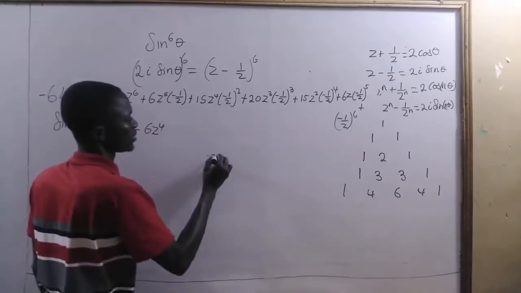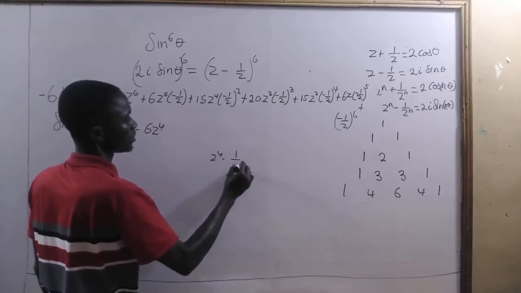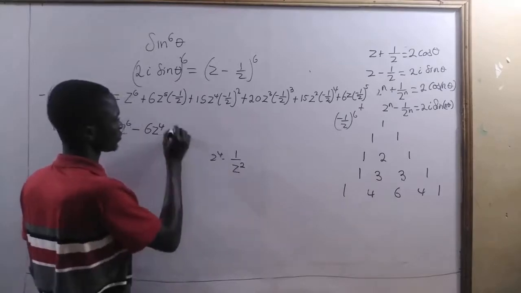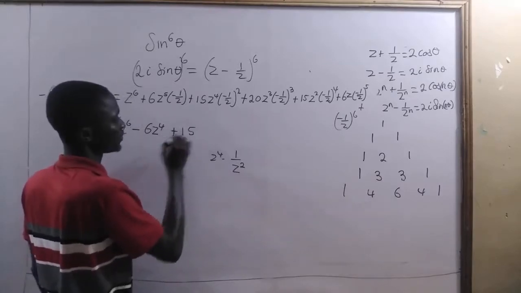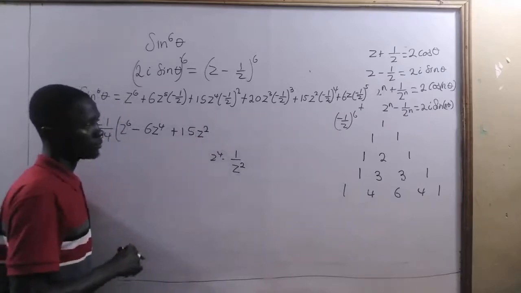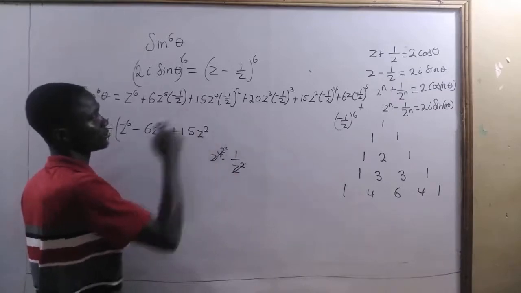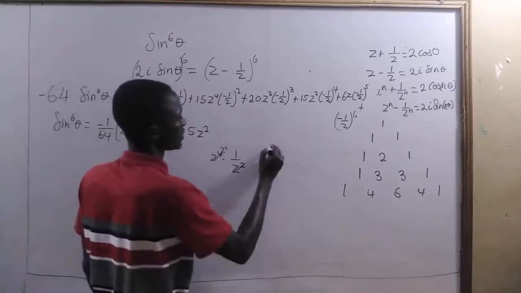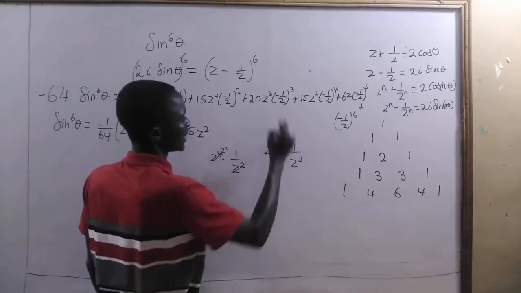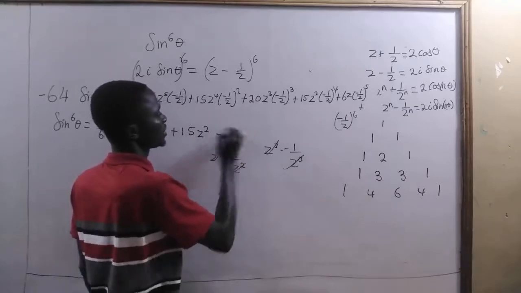This will give us z to the power 4 times 1 on z squared, and this will give us plus 15z squared. I hope you get that. This will cancel this z squared times 15. And this will give us z cube times 1 on z cube, and we will get negative. So this will give us negative 20